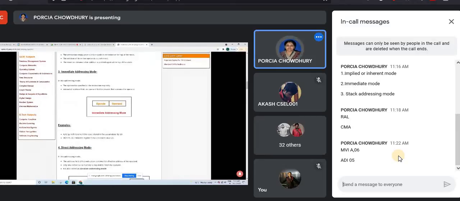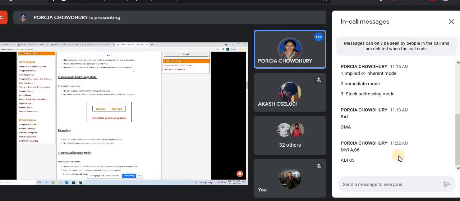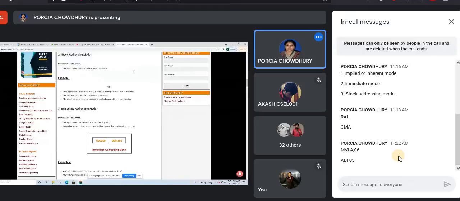Over here also you have these two examples. ADD 10 will increment the value stored in the accumulator by 10. That means whatever you have in the accumulator will be added by 10. MOV R, #20 initializes the register R to a constant value of 20. So this is immediate addressing mode. That means one external operand will be specified explicitly.